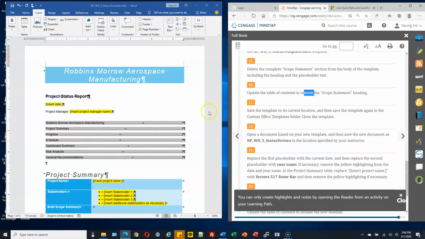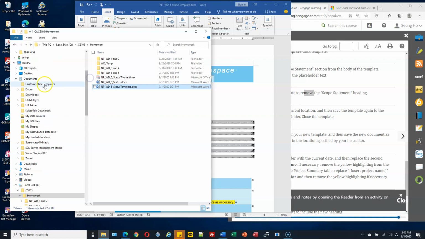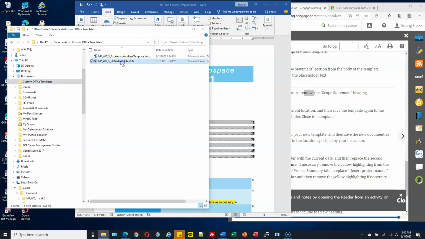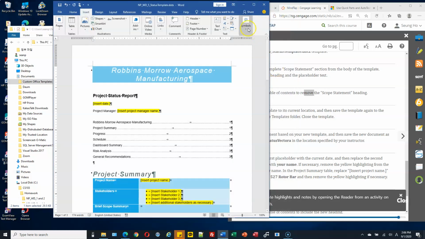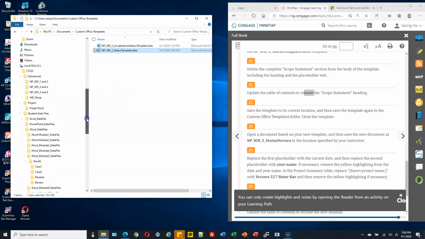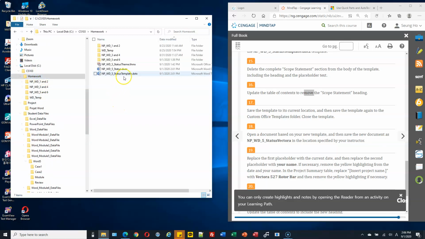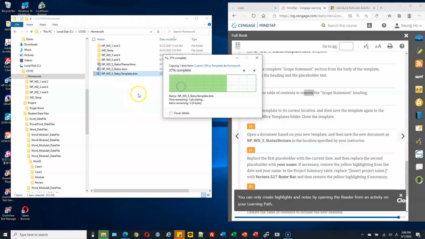Okay, and then save this template to its current location. So once you save it, this will be saved in the template folder automatically. So this is the one. I double clicked. So now close everything. Okay, now let's copy this one again. So copy this template into your working folder. We already copied the previous one, so copy and paste. We want to replace the old template. So replace the old file.